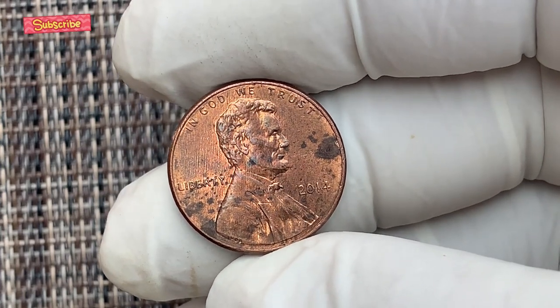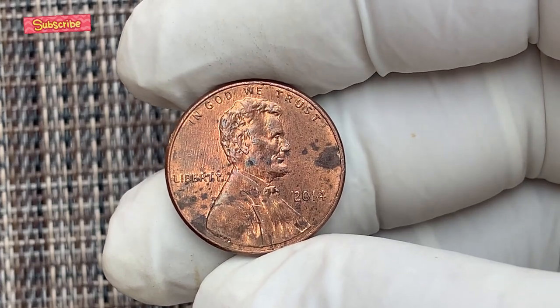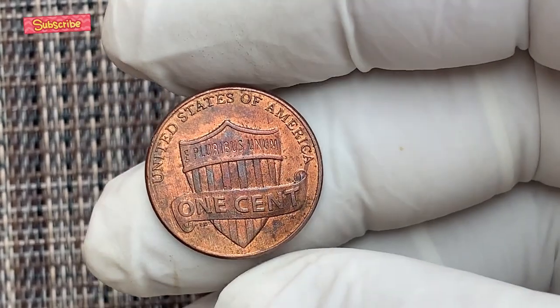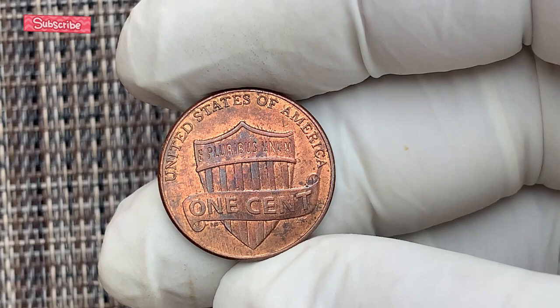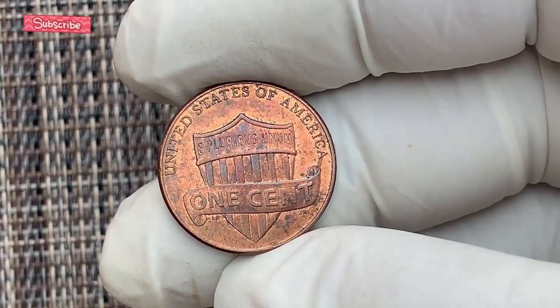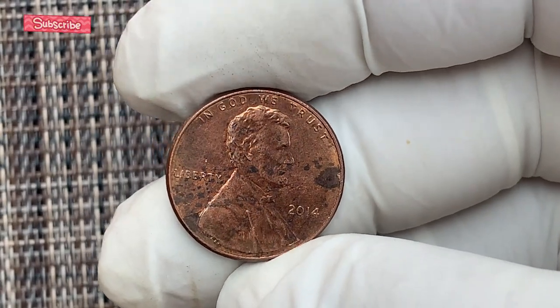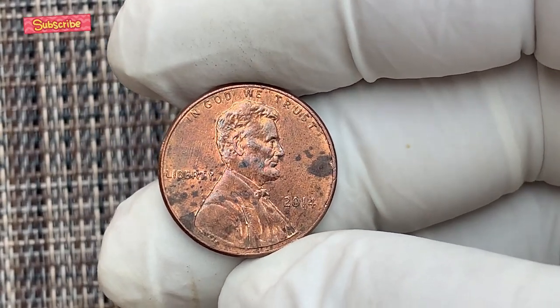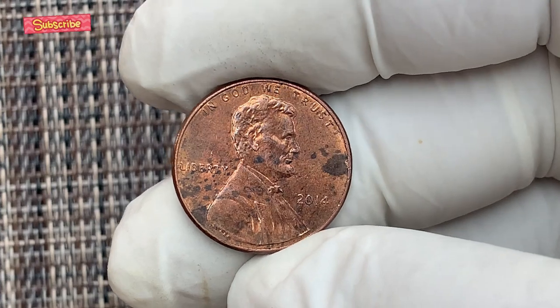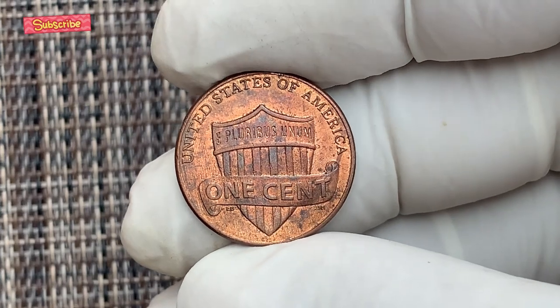That year, as in so many before it, the familiar obverse bore the solemn profile of Abraham Lincoln, his gaze fixed forward, etched with careful lines of determination and age. On the reverse, the Union shield, an emblem of unity, strength, and continuity, stood firm, flanked by the motto E pluribus unum. Everything about the 2014 cent was meant to be routine, but within that sea of uniformity, a subtle